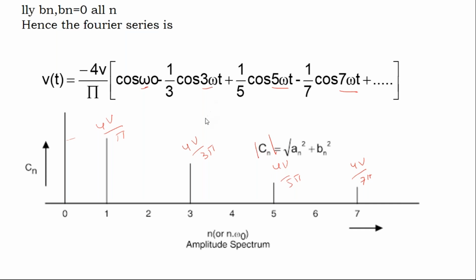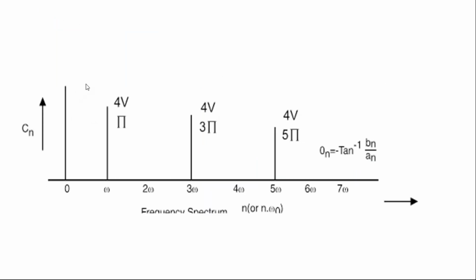Now, if you go for the phase spectra, this is the equation for the phase spectra. When you consider the phase spectra, you may have a doubt that this graph is wrong. Please try to understand. Here, what is your Bn? Your Bn is 0. I'm going to write it here. Your Bn is 0, and you will have a certain value of An which is not equal to 0.